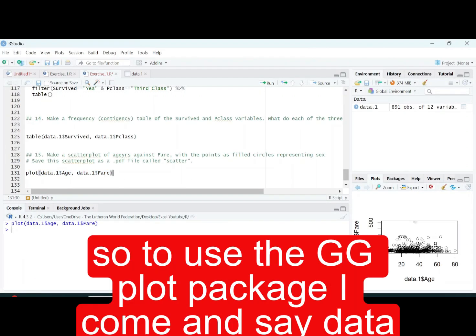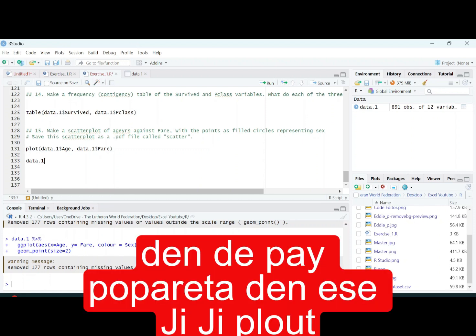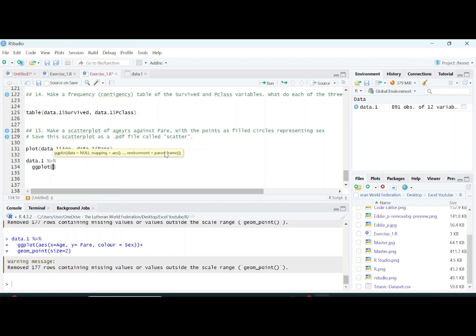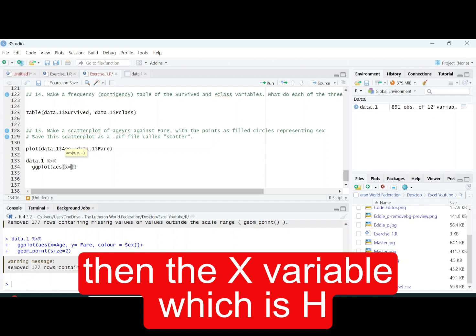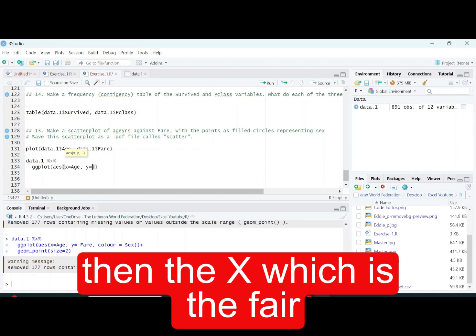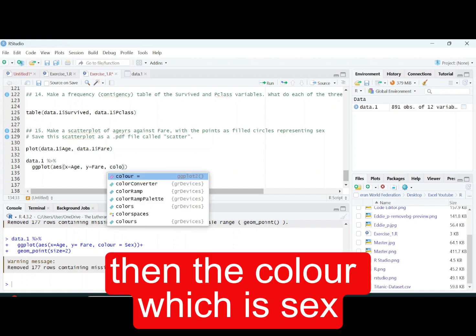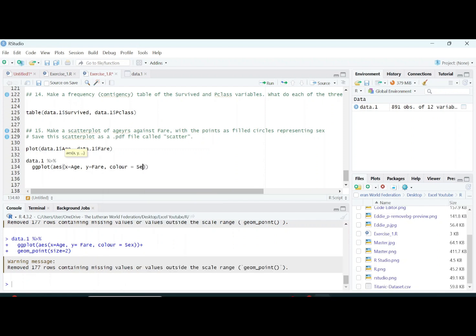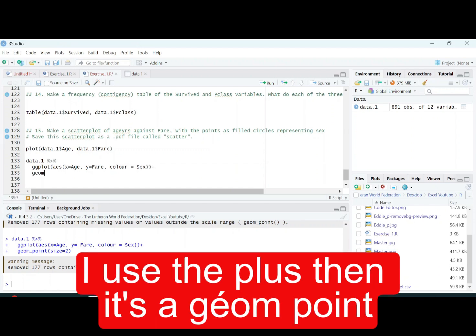Alright, so to use the ggplot package, I come and say data, then the pipe operator, then I say ggplot, then the x variable which is age, then the y which is the fare, then the color which is sex, plus, I don't use the pipe operator this time, I use the plus, then I say geom point,